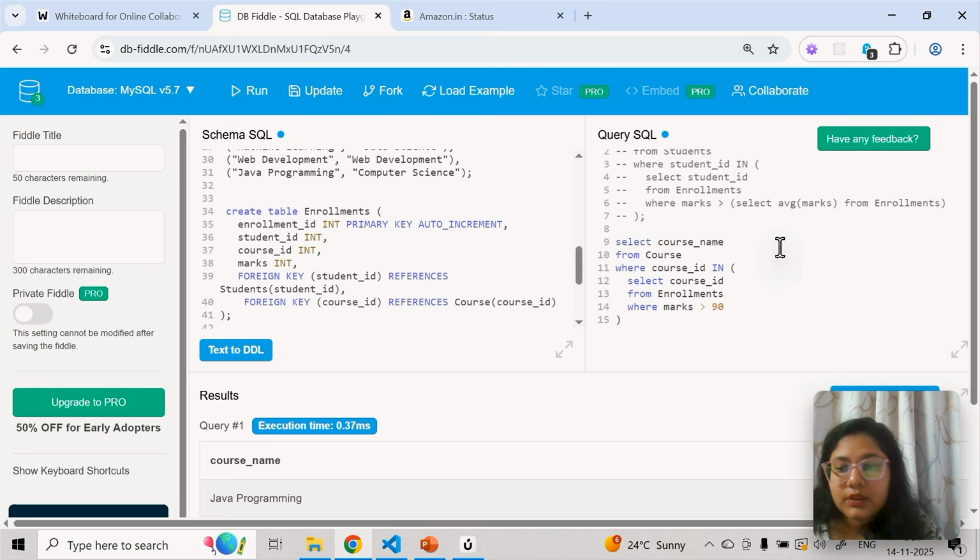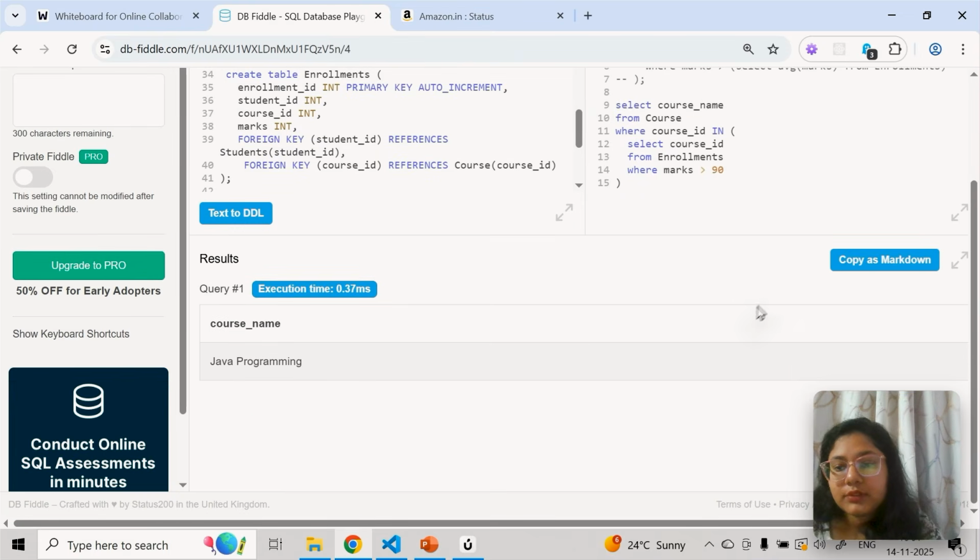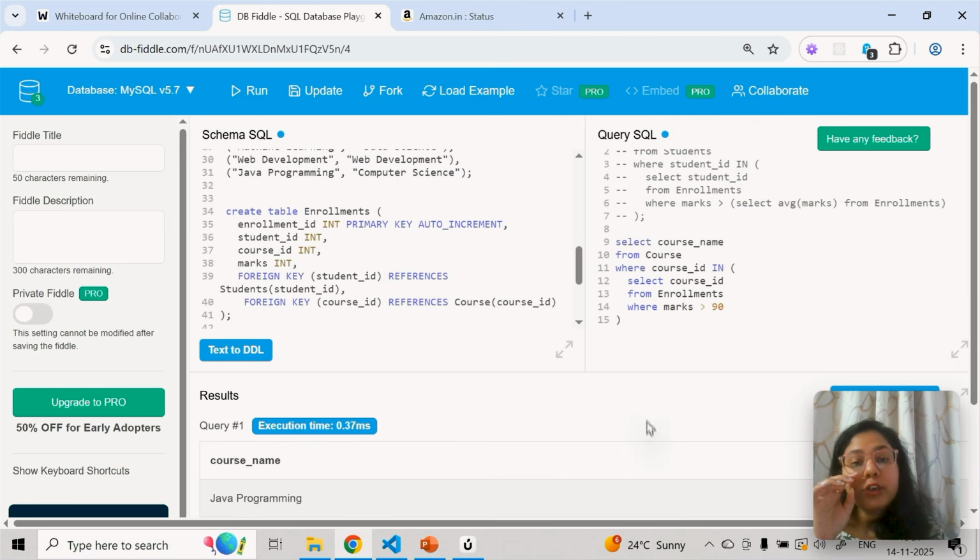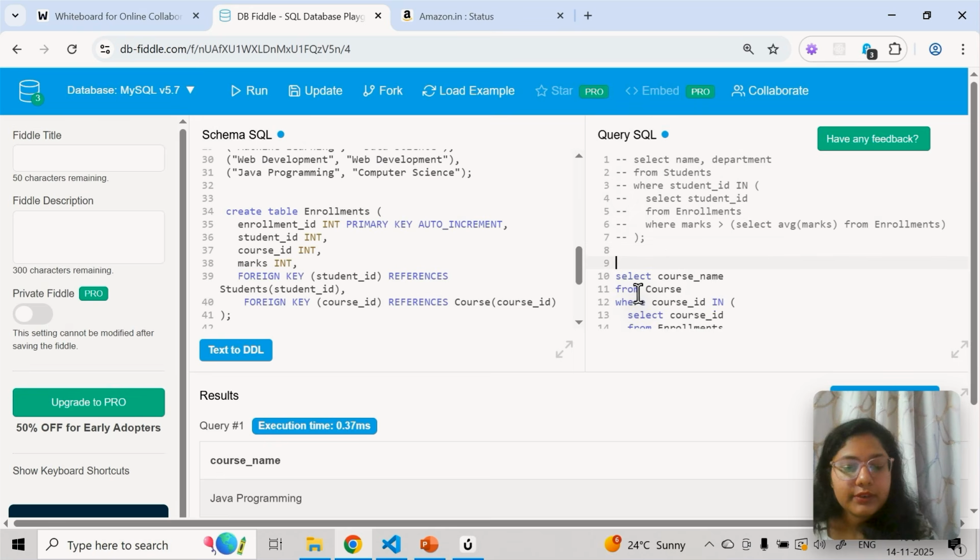Okay. Now let's take one more example. Let's say I want to find the top scorers in each department. Let me write here what we did. We found all the courses having students who scored greater than 90.